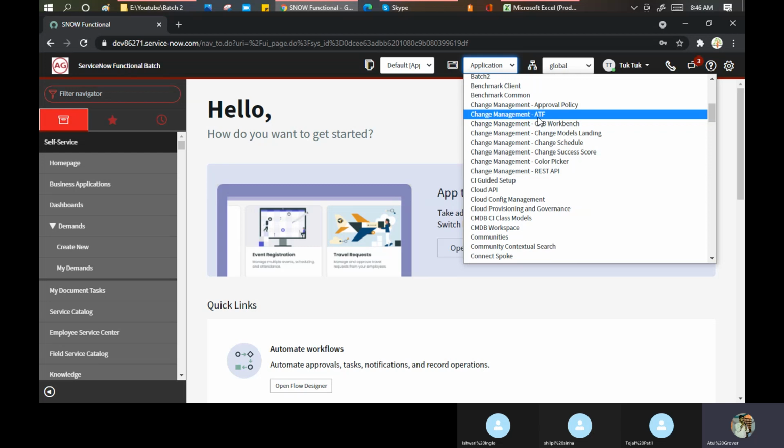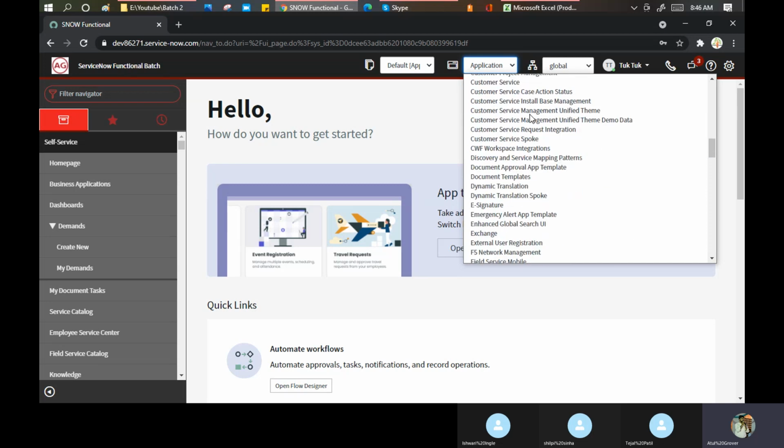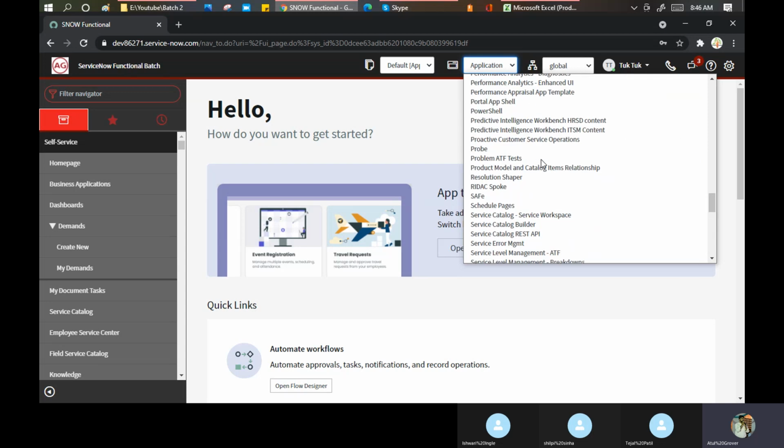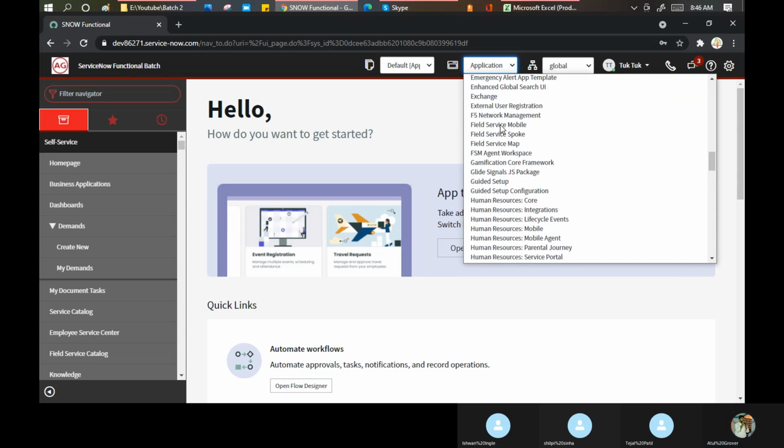ServiceNow creates different tables, different modules, different applications in different application scopes. So you can see here I have Field Service Spoke, Field Service Map. I want to do one for an HR application.